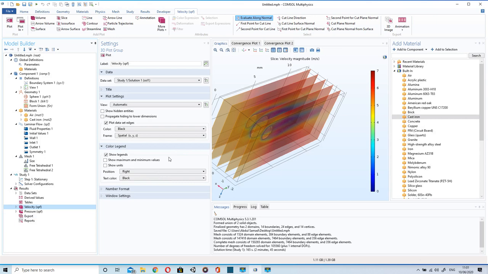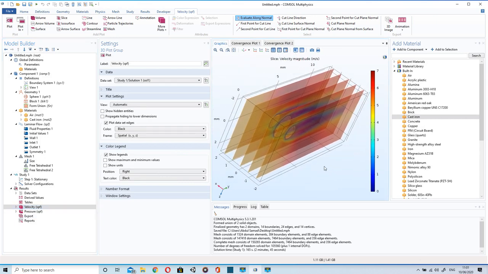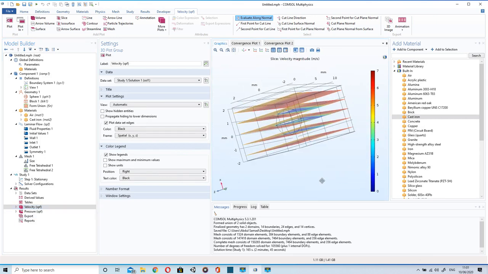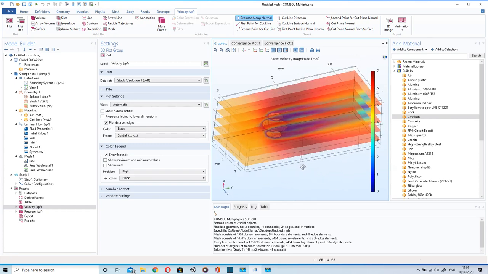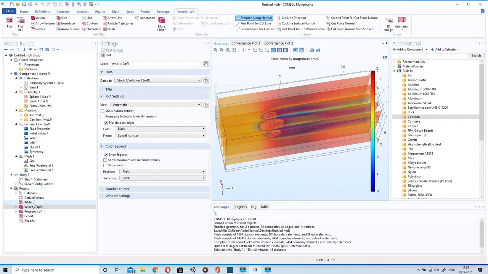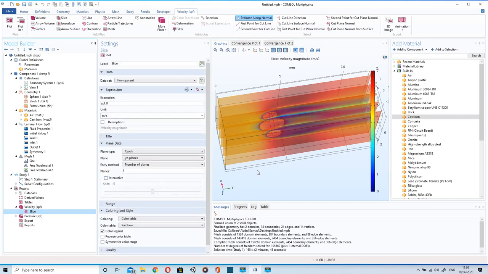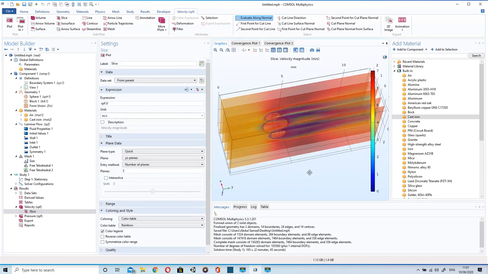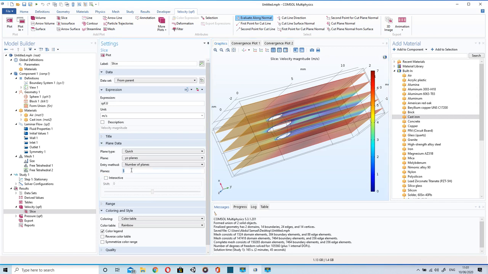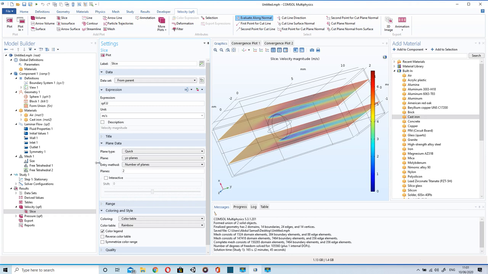So the automatic graphs are velocity and pressure. This one is velocity, multi-slice velocity graph. I can change the number of planes or slices from 5 to 2 or 1. Like this.